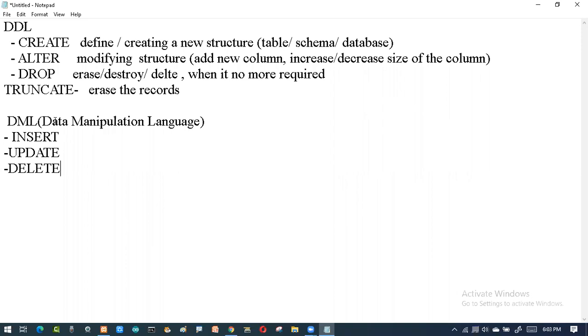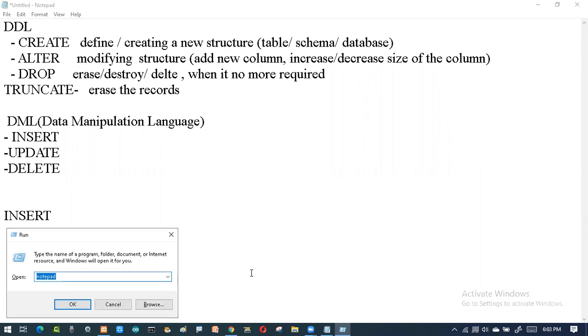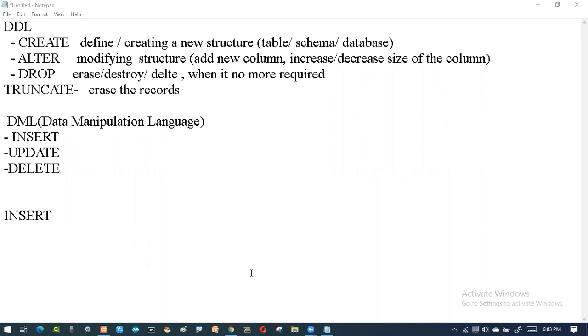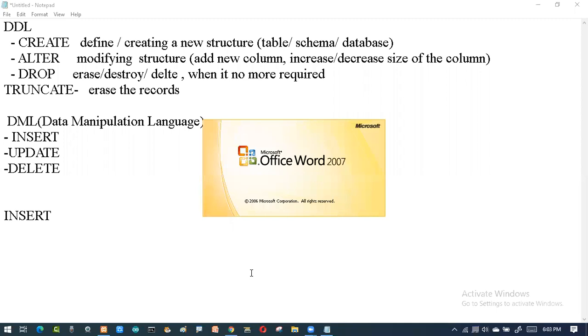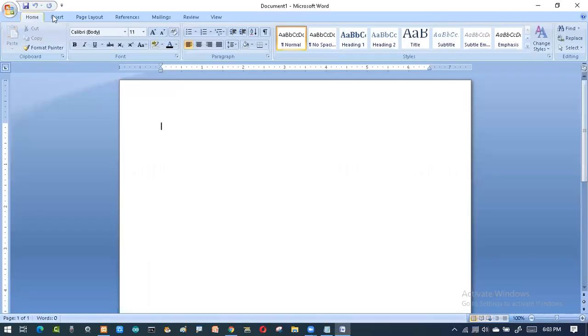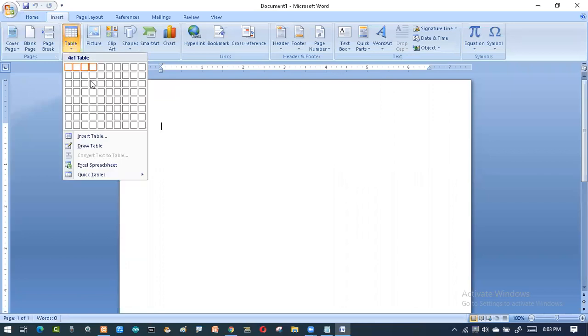So the first command is insert. What is this insert command going to do? We are going to see this. I will give one diagram sketch for this. Say I have a table like this.